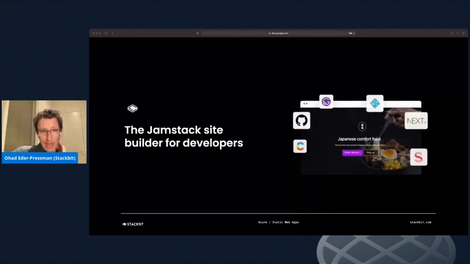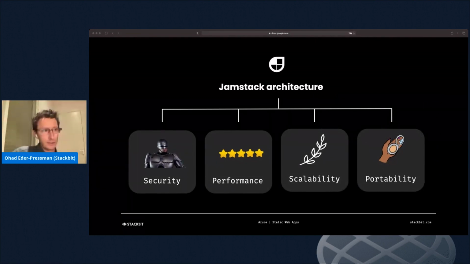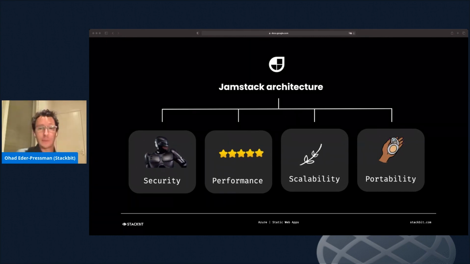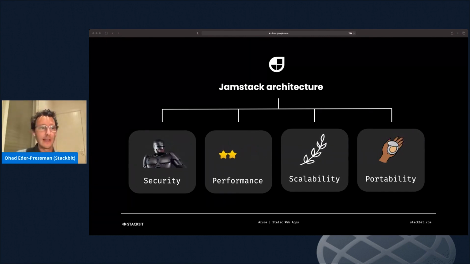So let's unpack a little bit more about Jamstack and site builders. Jamstack architecture is very often synonymous with static websites. A Jamstack site is basically a static website, and it's a very loosely defined concept.